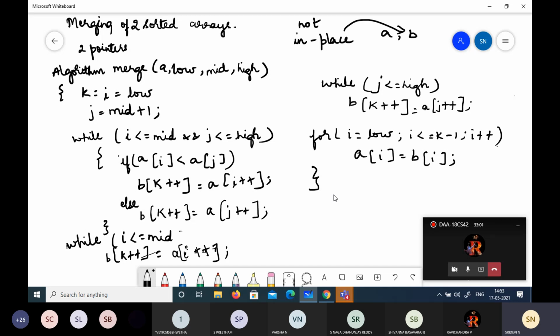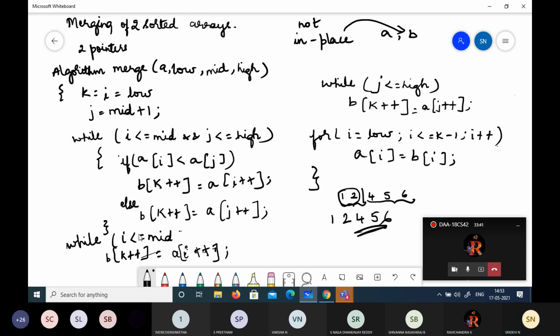So this will be something like this. Suppose you have divided the array and you have started copying. Okay, we have divided like this. So sorted array, we have compared, and we have got this. We have compared these two elements and we took this. Again, we compared these two elements and 2 is the smaller. Now this array is exhausted. Now we can just simply copy this here, 4, 5, 6. That is taken care here, while I is less than or equal to mid.